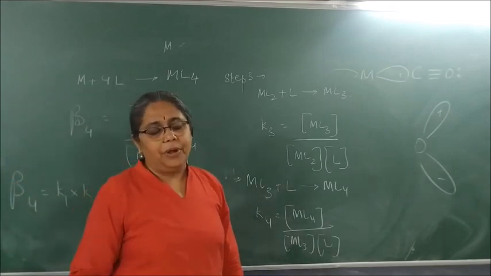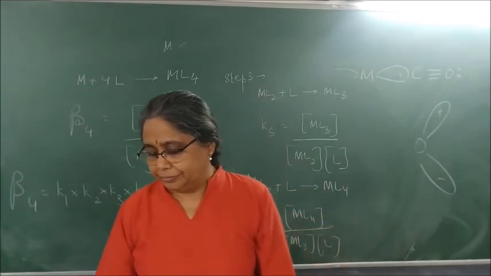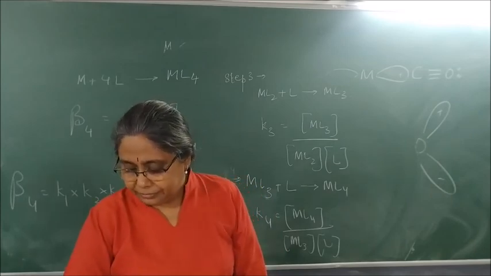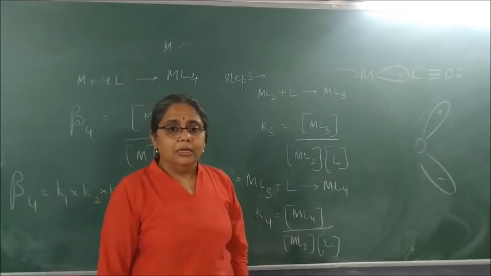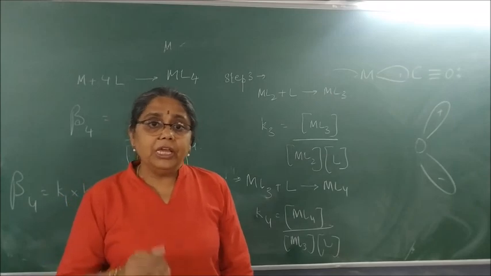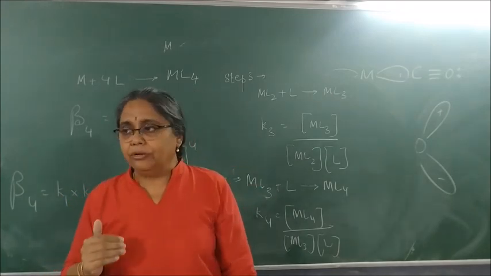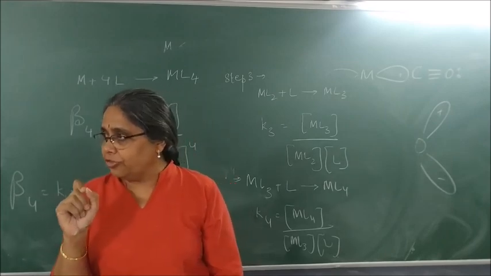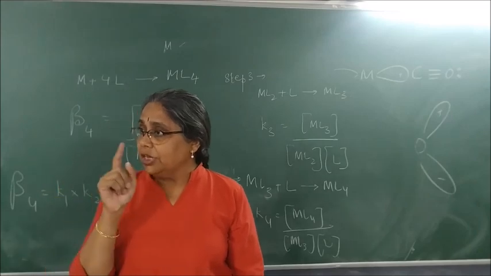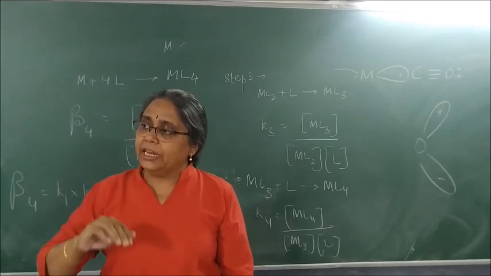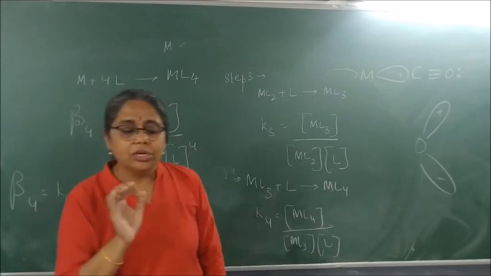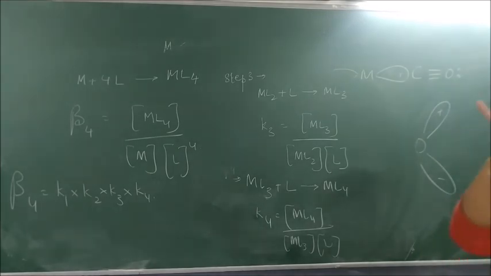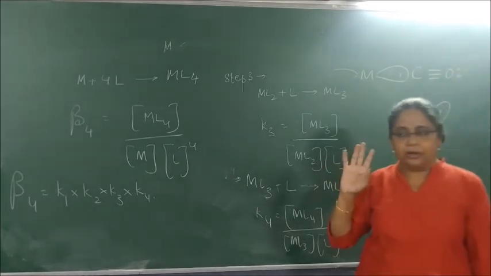Okay. The next part, limitations of VBT. Next, CFT applied to octahedral complex and applied to tetrahedral complex, with configurations d4, d5, d6. I have taught that. If pairing energy is less, it pairs. If the splitting energy is less, it splits. So the crystal field splitting energy diagram, along with its application to octahedral and tetrahedral complexes.